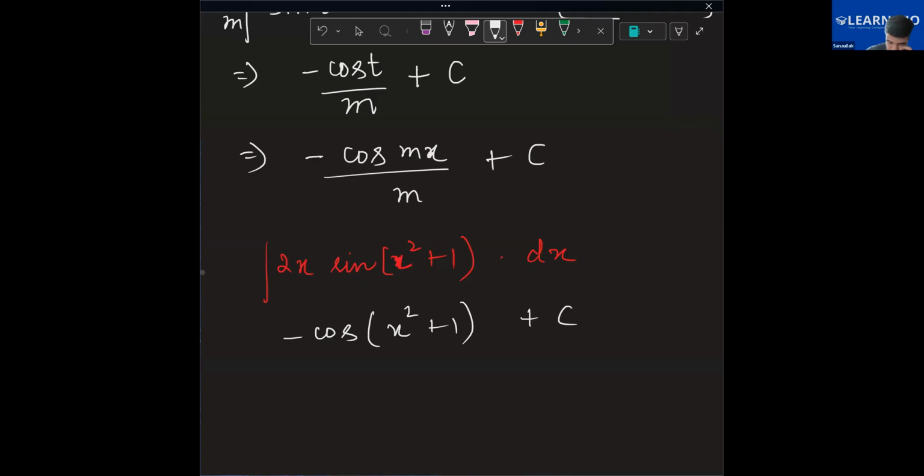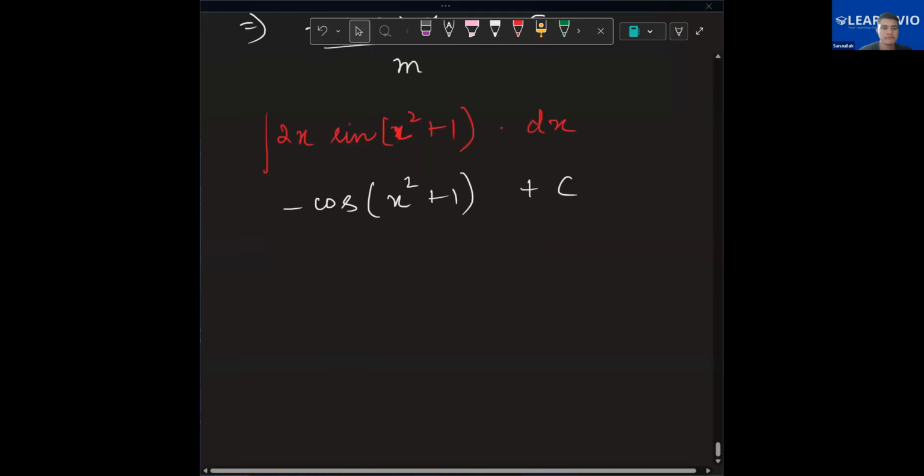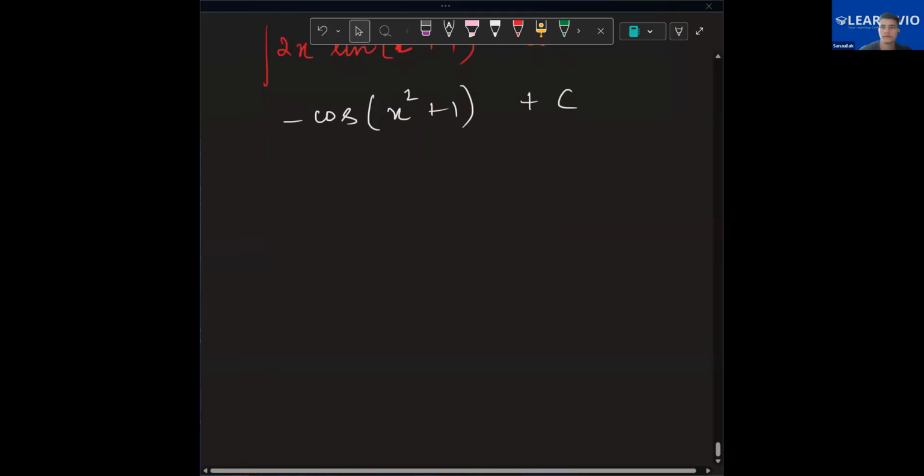Looks correct. बाकी का होगा सर. Yes, sir. देखो, this is what you get. So sine of